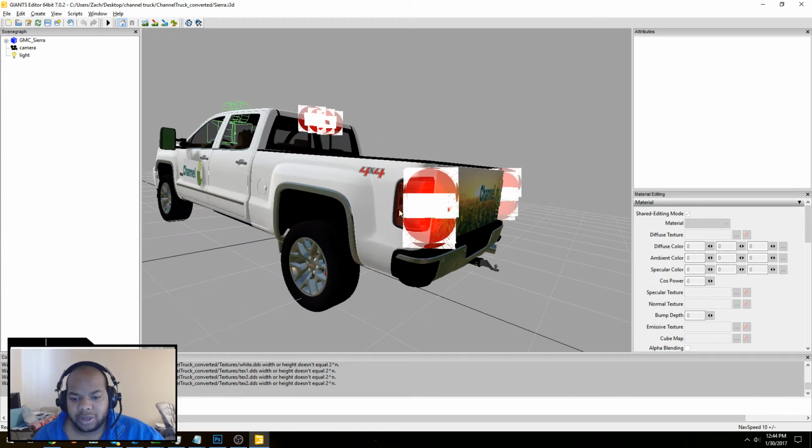So now what we're going to do is we need to get these lights to look right and without the white bars, and that's really just simple. So what we need to do is we're going to go to,